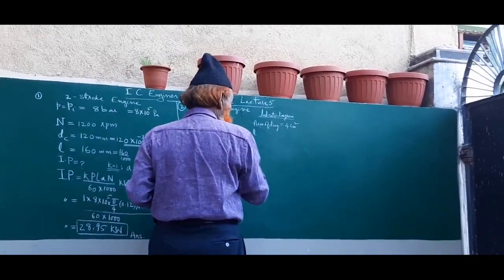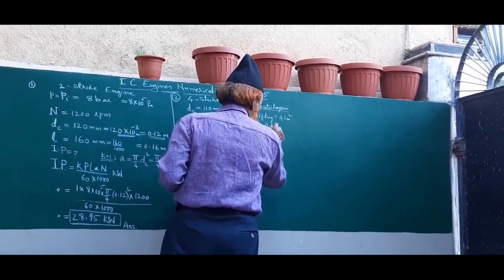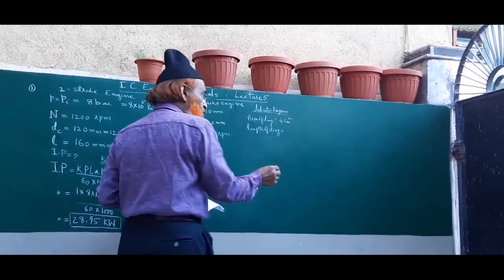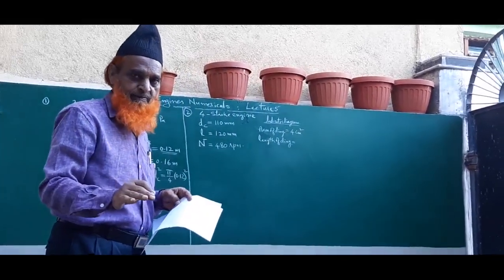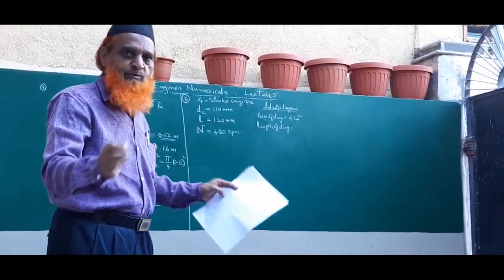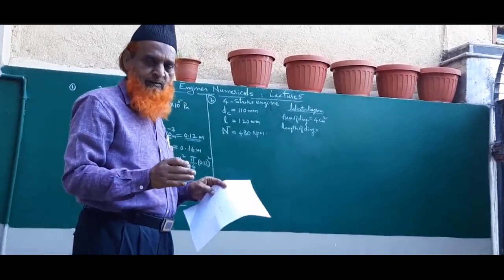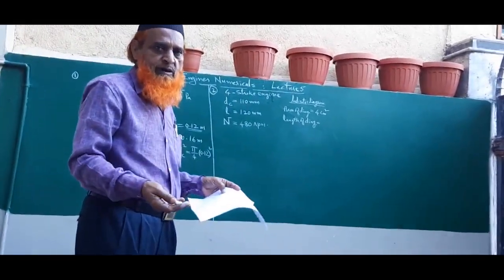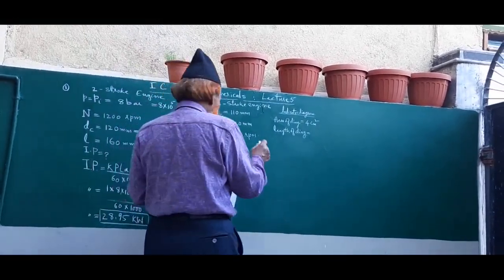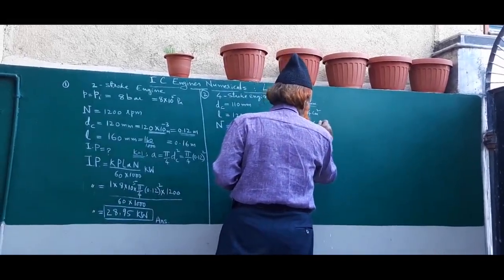This length, stroke length is different. It is length of diagram. This data used to be given to find the mean effective pressure. Sometimes the mean effective pressure value will be given directly, or otherwise indicator diagram details will be given, and from that we can get the mean effective pressure, right? Then indicator diagram details are there, mean effective pressure we can find, or otherwise mean effective pressure will be given directly. Okay. Therefore, length of the diagram is given how much? 6.8 centimeter.